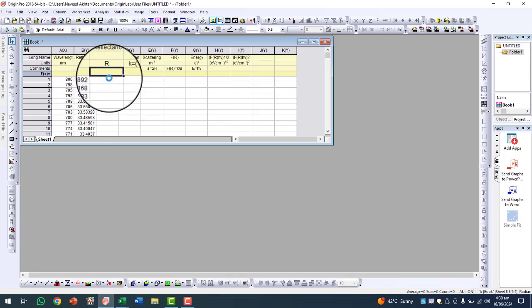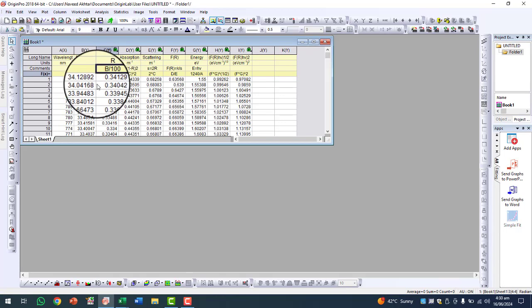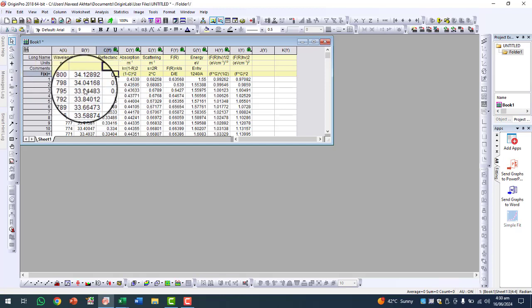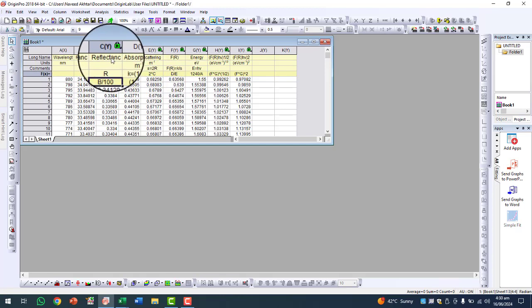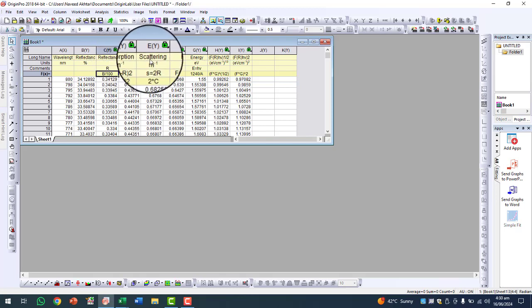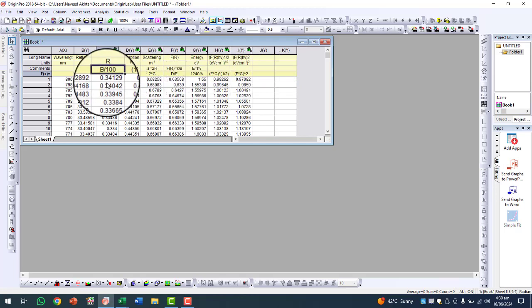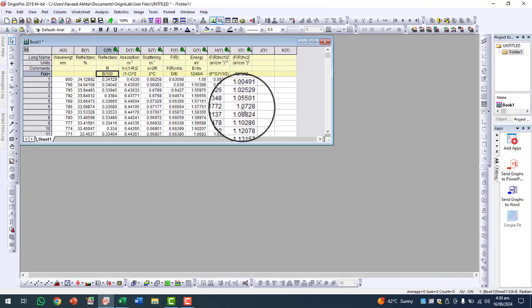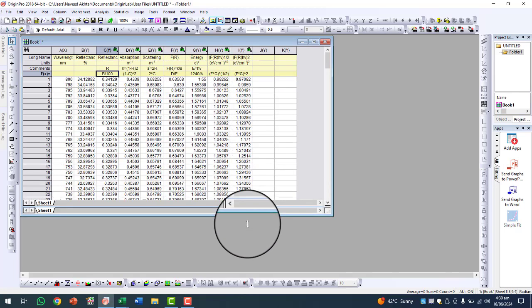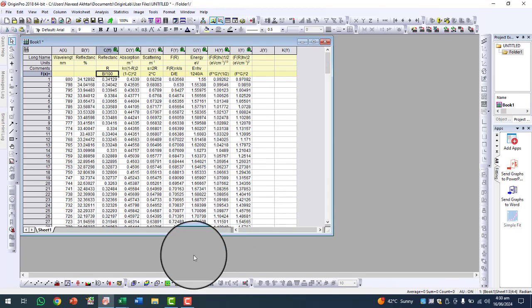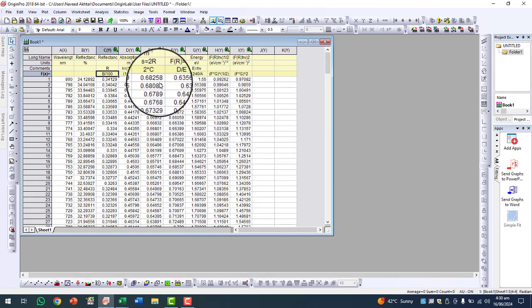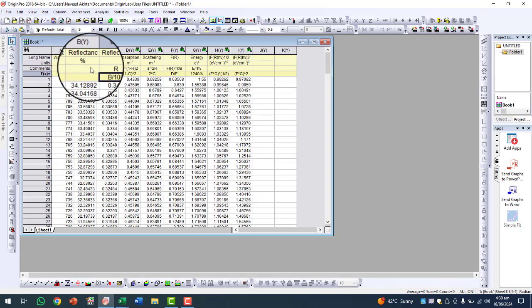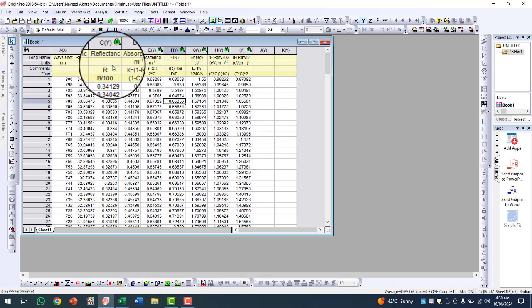As I paste them, the data will automatically calculate the reflectance coefficient, absorbance coefficient and scattering coefficient by these formulas. You will have to follow the same formulas and the sheet I have prepared. I will give you the screenshot at the end of this video, or you can simply stop this video and write them as I have written here by your own.